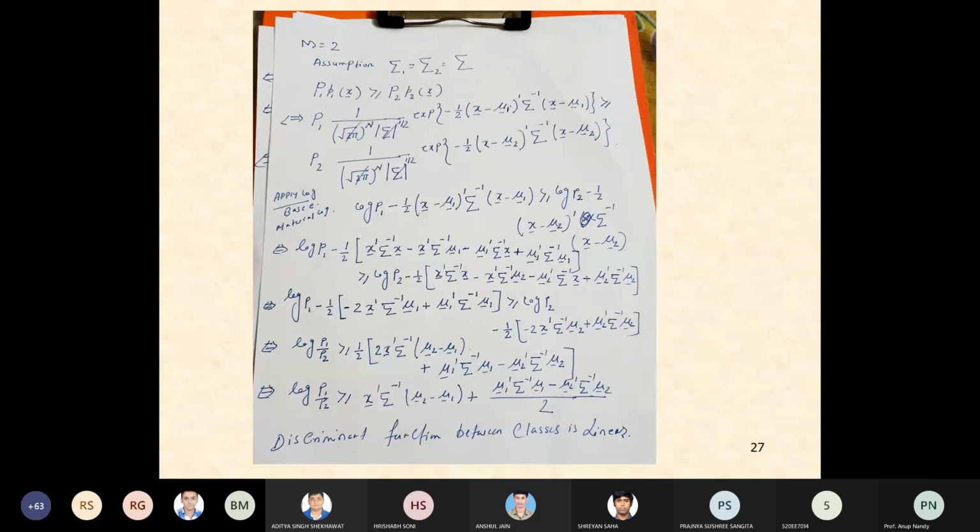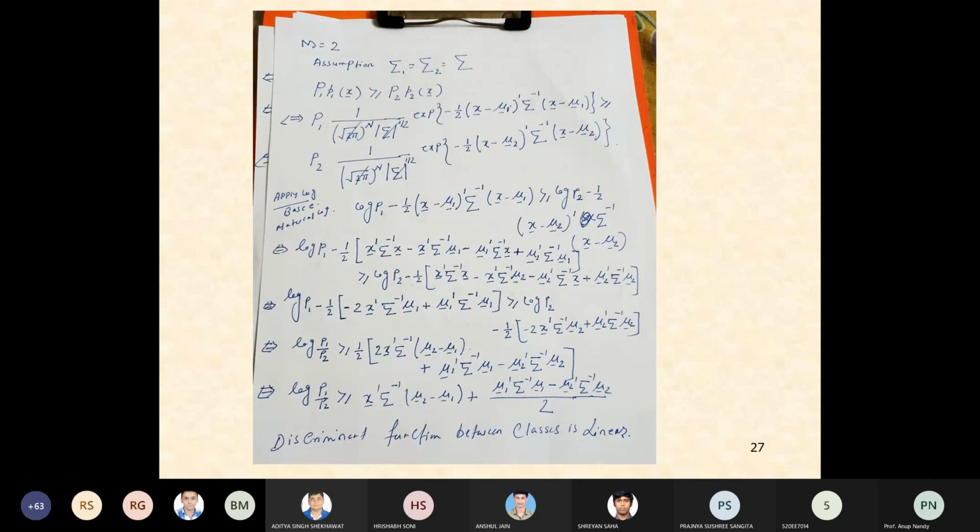Since I am considering these 2 classes, you put x in the first class if and only if capital P1 small p1(x) is greater than or equal to capital P2 small p2(x). Now capital P1 is a prior probability. P1 is given to you, P2 is given to you. It is constant. Then 1 by root over 2 pi to the power n, determinant of sigma to the power half,